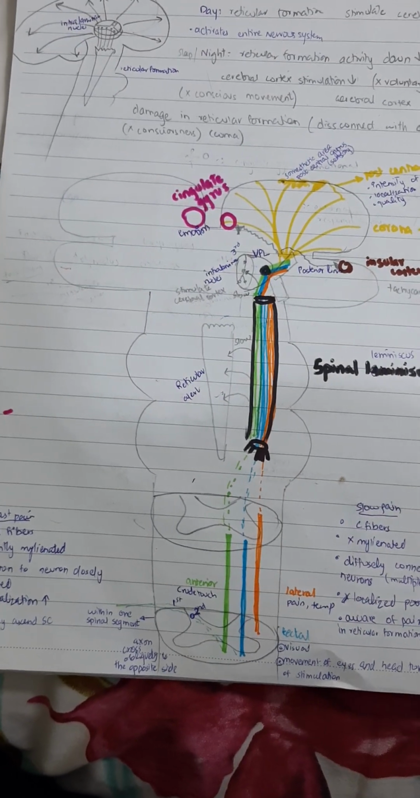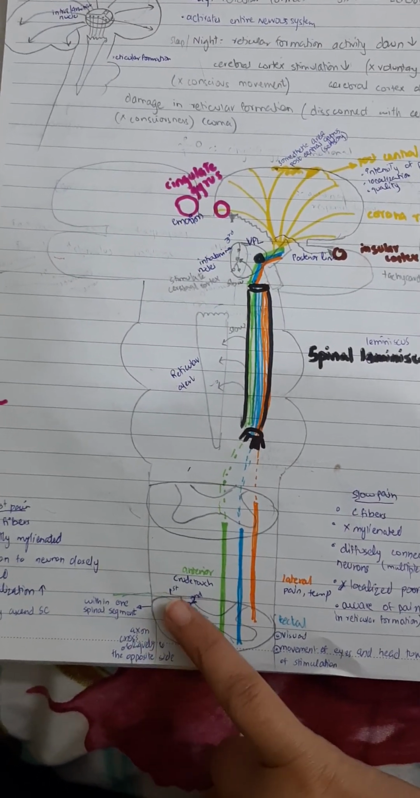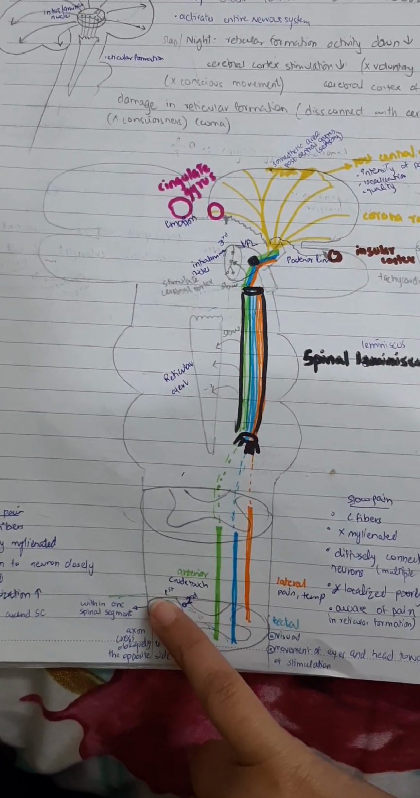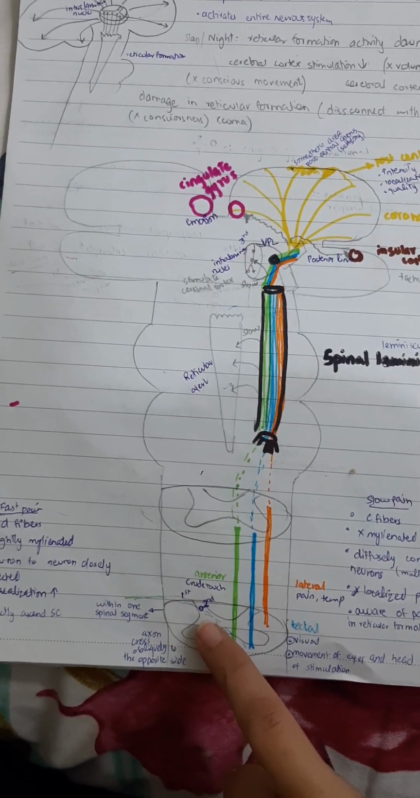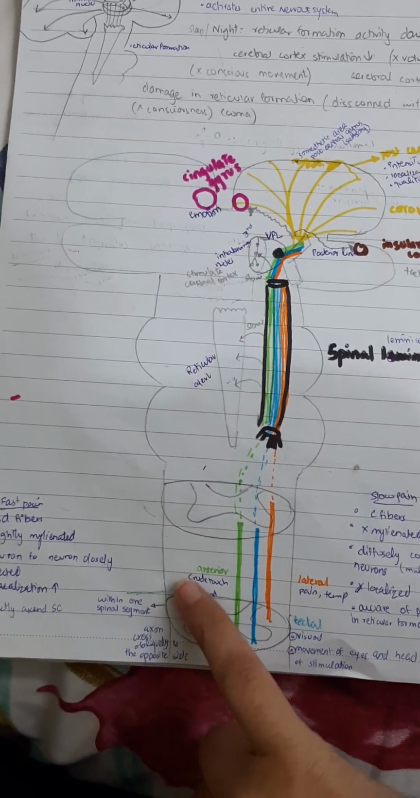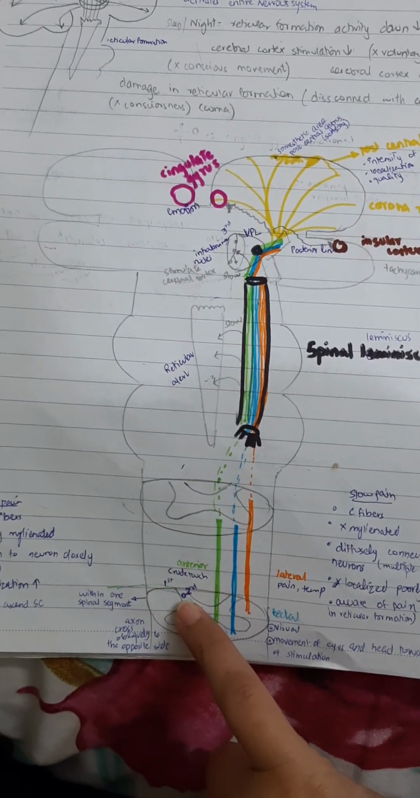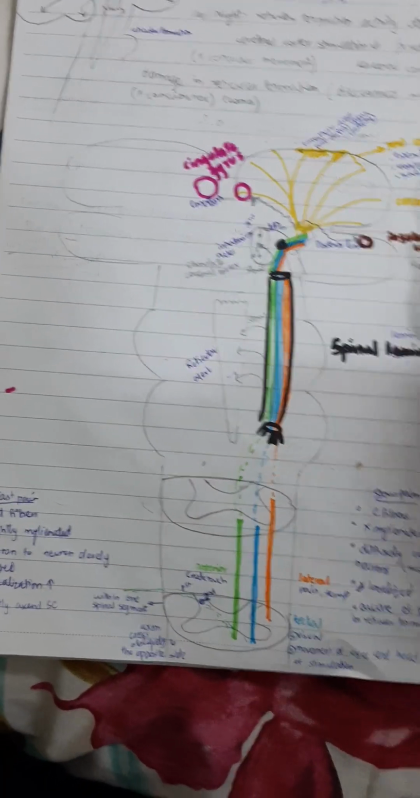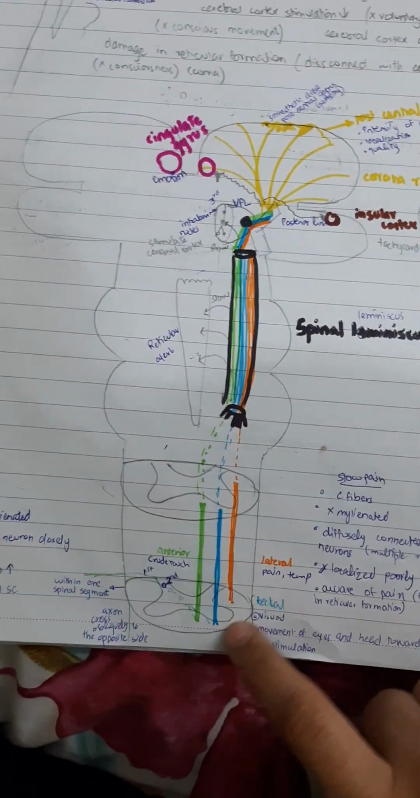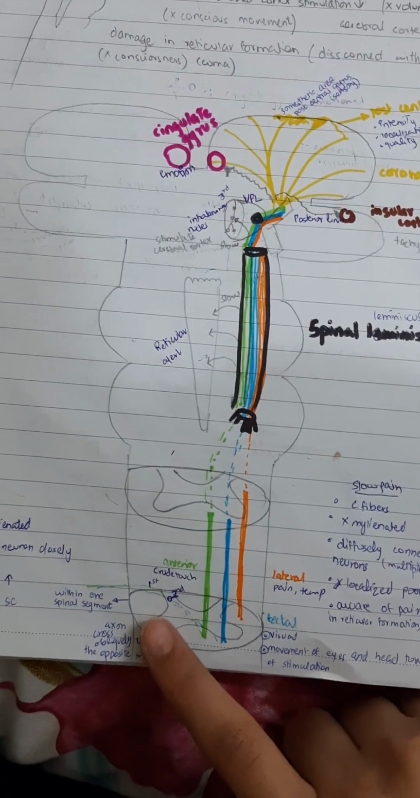So what really happens is this: you have your first order neurons, which are present at the substantia gelatinosa. The first one is in the dorsal root ganglion, then you have the substantia gelatinosa, and then what really happens is this, that within the same spinal segment,